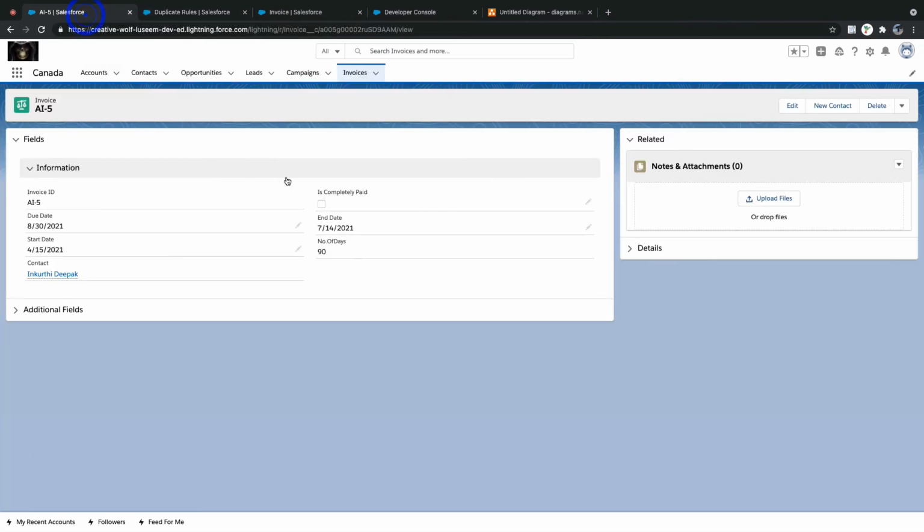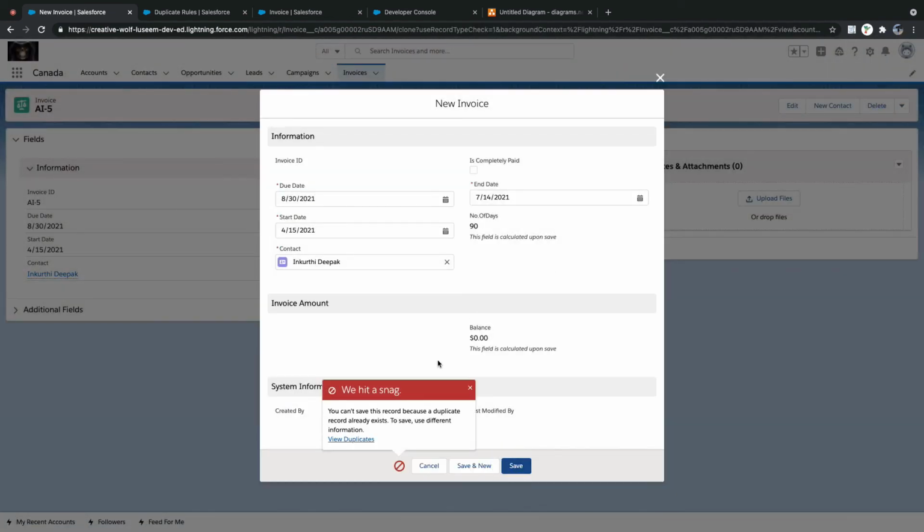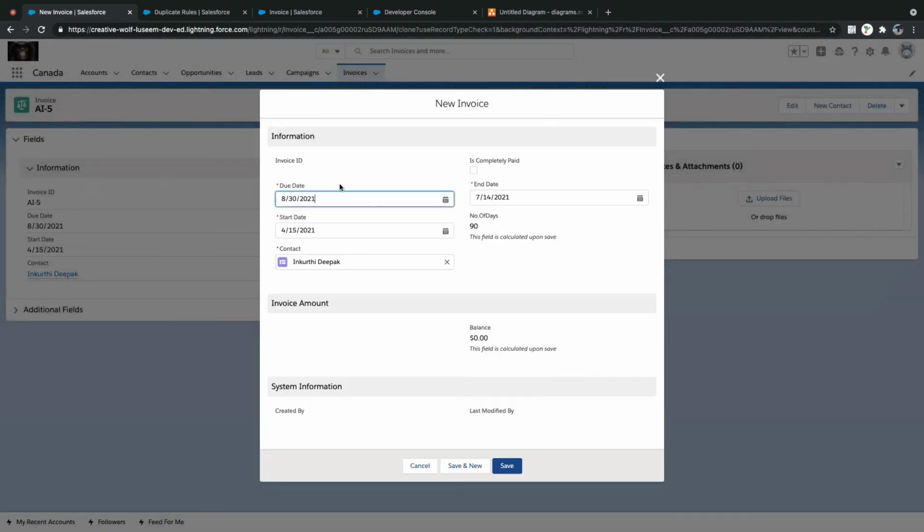Now if I go back, if I say clone, let me clone it, and I try to save. We are going into the invoice and we are recreating it. Clone in the sense it will create another record of the same type, and you can modify whichever fields you need to modify. It will create another one with the same data. If you want, you can modify it meanwhile.